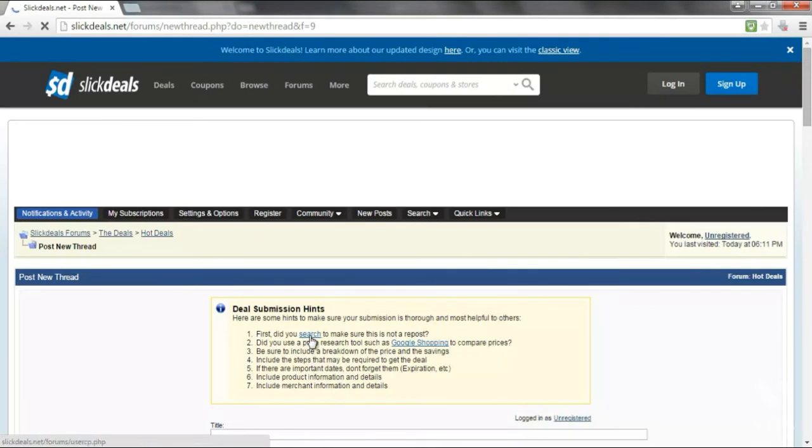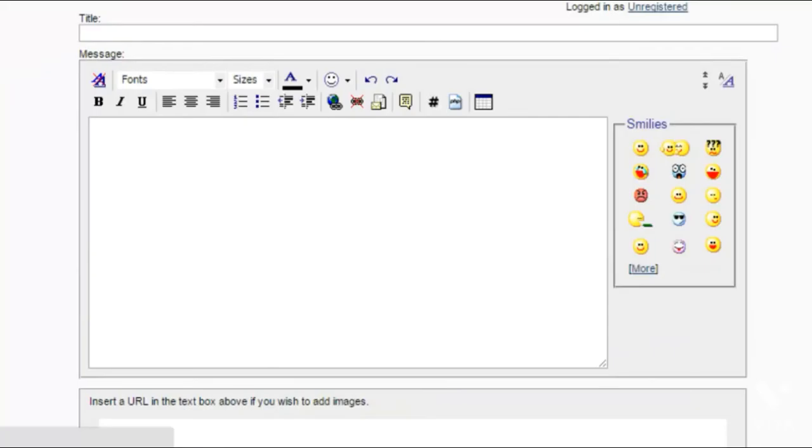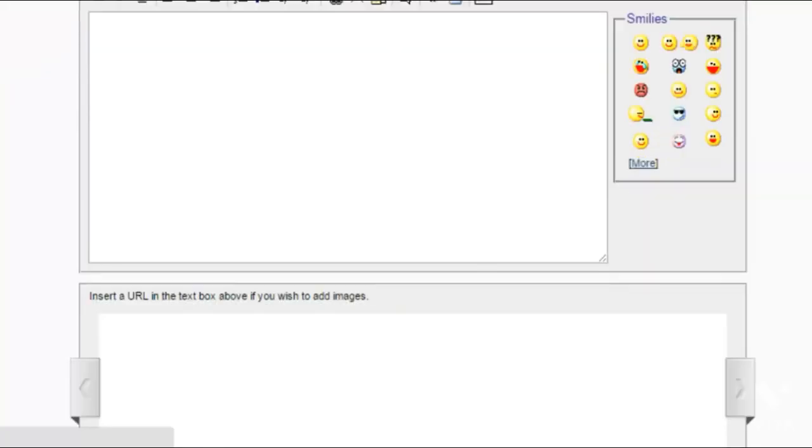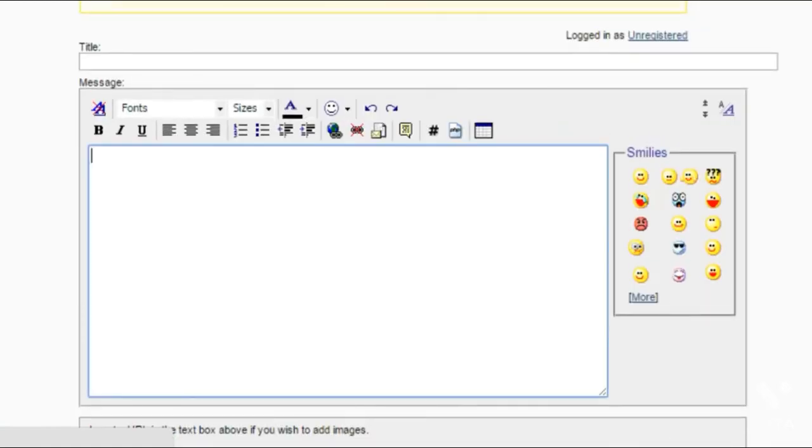So obviously it's your product, so you'll know if it's not a repost. And basically all you do is follow the 7 guidelines here, enter the information in here,